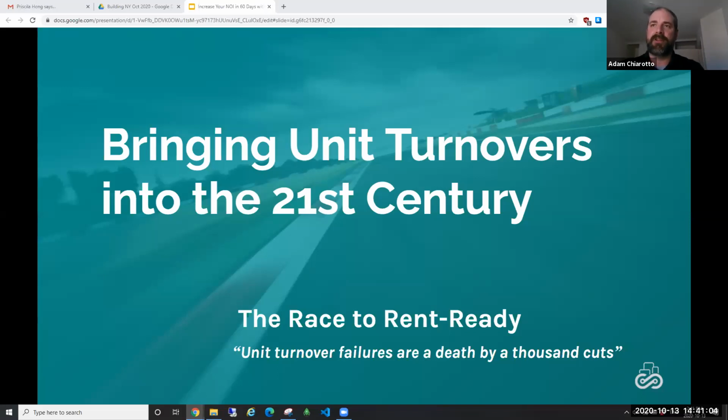If I'm a maintenance manager and we're 1 day late, that's not a big deal. But if you've got dozens of properties and you're dealing with 50 or however many unit turnovers, all of these things can really add up. And these are all preventable issues. If you forgot to inspect a unit, that's a preventable issue.